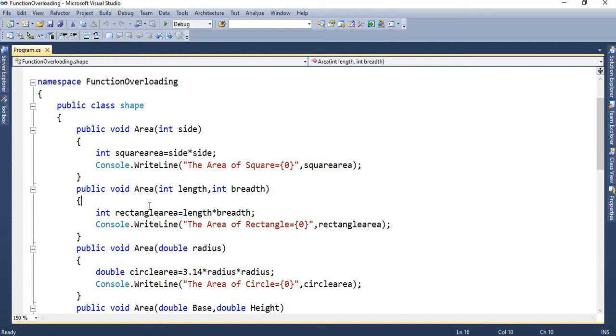While overloading any function or method, you have to follow the rule that overloaded methods must differ either in the number of arguments or the data type of at least one argument. Now let us understand with the help of an example.